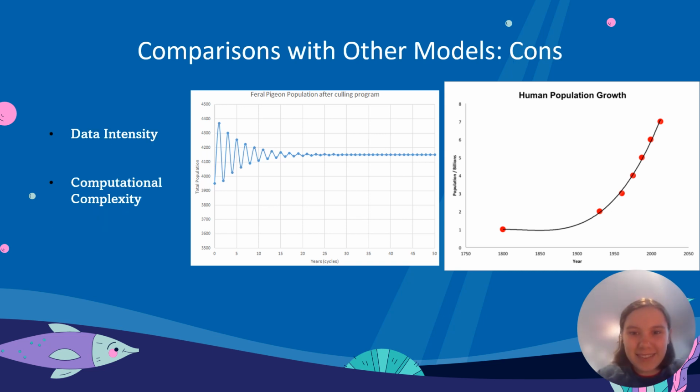So, comparison with other models, the cons. As I was leading to on the slide just before this, there are a good number of cons with the matrix model, one being that it assumes that all of the population is female and capable of reproducing. But just focusing on the cons, comparing it to the exponential model, I would say the first con would be the data intensity. So matrix models demand much more detailed observations and data, requiring knowledge of birth and death